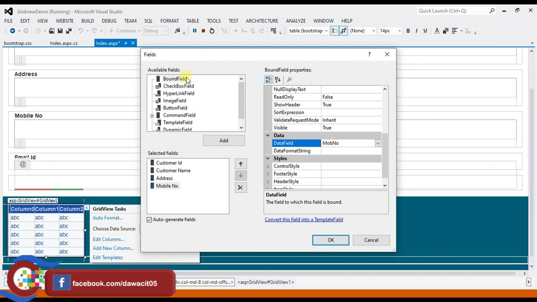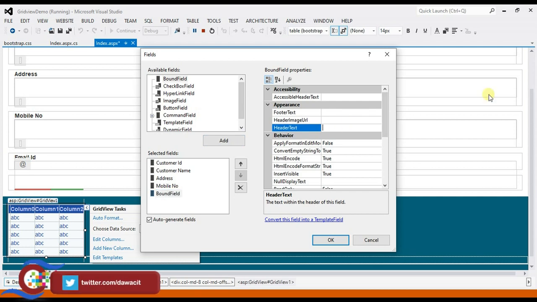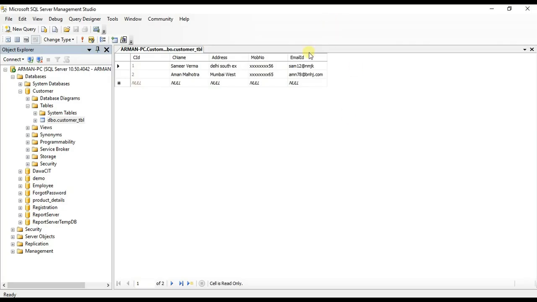Select BoundField, click on Add, Email ID, Data Field, this column name. Okay,